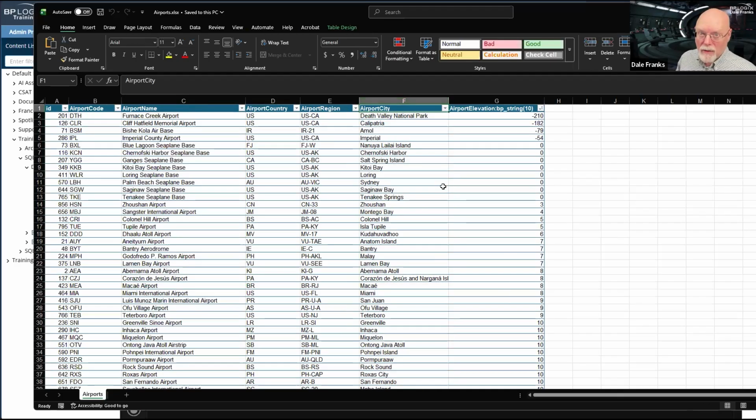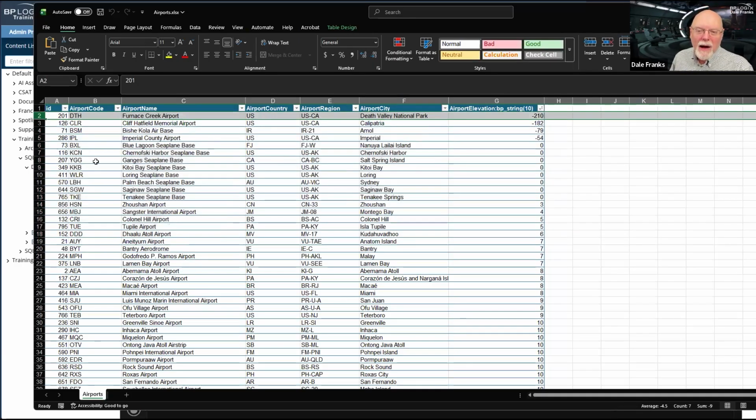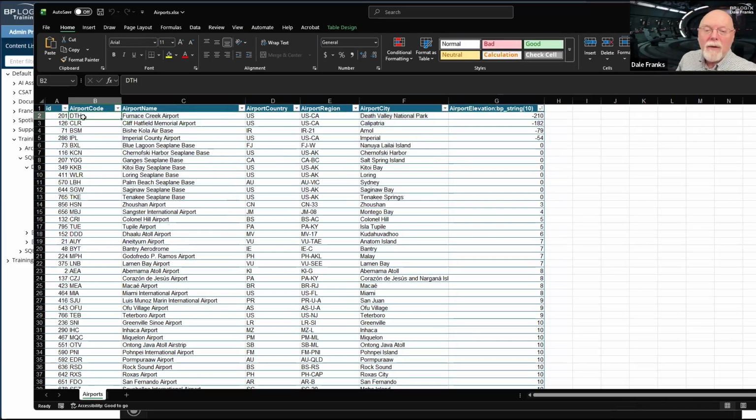Filling out each of these fields is a record, and that's what we do horizontally. So each record is a unique item or unique instance of an airport. There is only one Furnace Creek Airport, and that may be one too many considering its location, but there is only one Furnace Creek Airport, an aptly named airport, by the way, Furnace Creek. I can't think of a better name for anything in Death Valley, but this is the unique values that go with the Furnace Creek Airport.